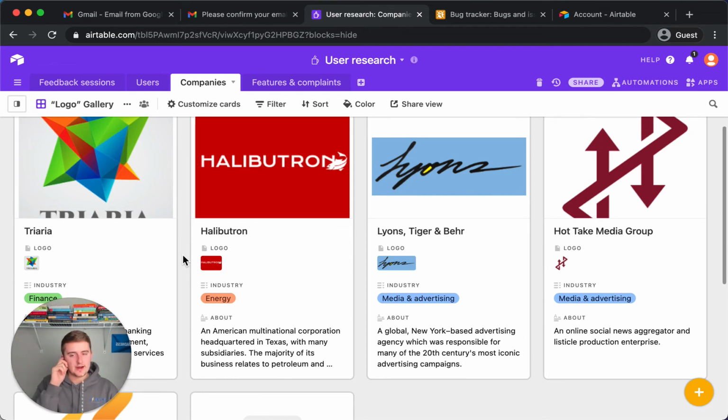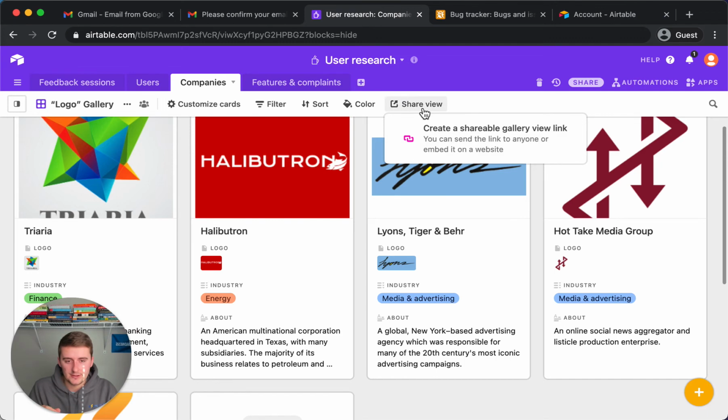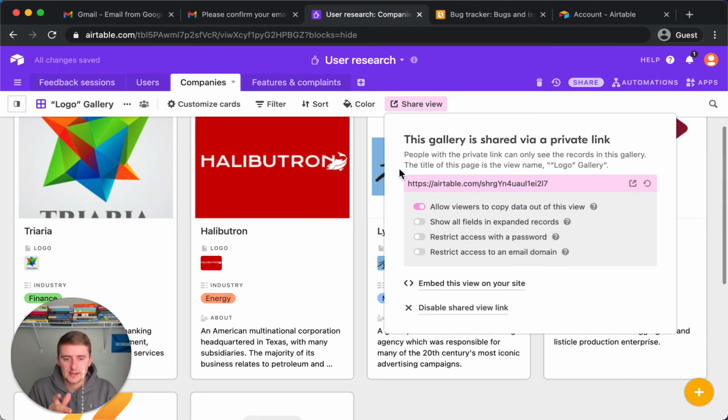Let's say you're a property manager, you have all of your properties on here, your open ones. You can actually add filters, say a filter that would take out properties that are not available anymore. This would be a live view of what properties are still available. To do this, you would come up here and click Share View, create a shareable gallery view link, and then once you do that, you can come down here and embed this view